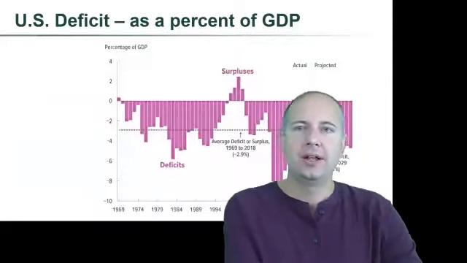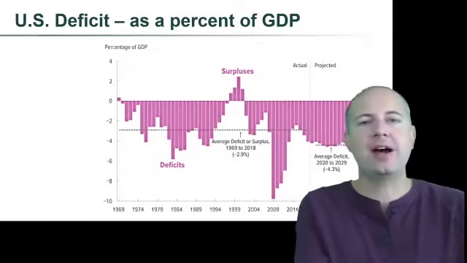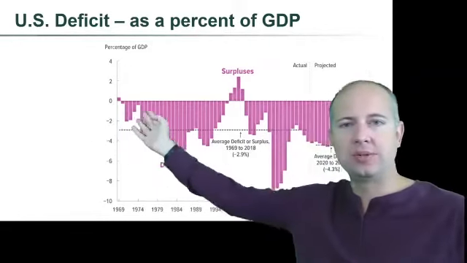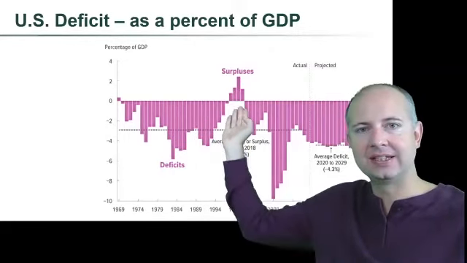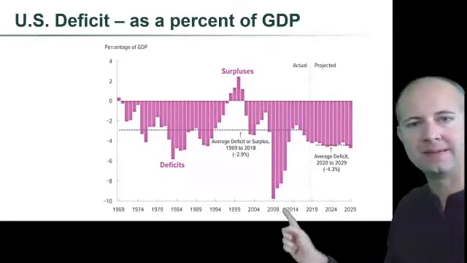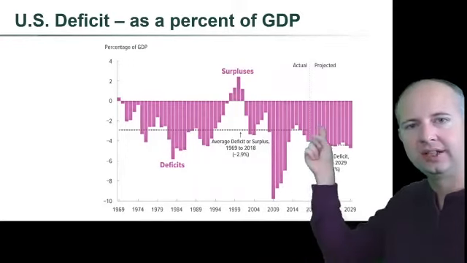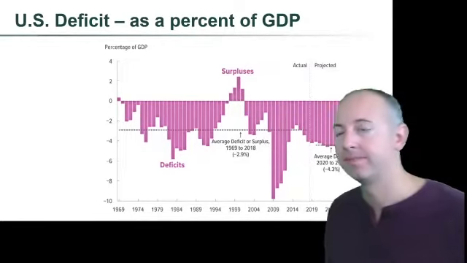So if we look actually at a deficit as a percent of GDP, what we see now is that the average deficits have sort of not been changing by a huge amount. Again, there was a brief surplus period in the late 90s. This right here again was the big spending following the Great Recession. Then these are projected budget deficits as a percent of GDP. All right, so that's